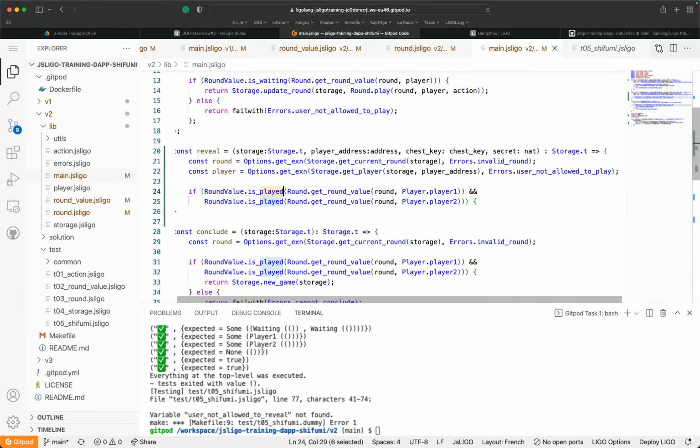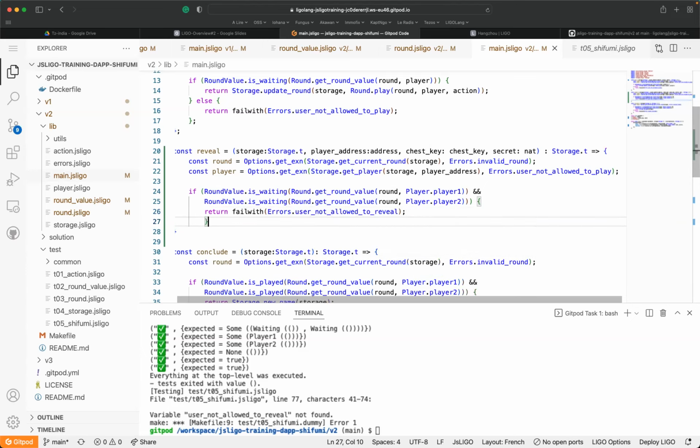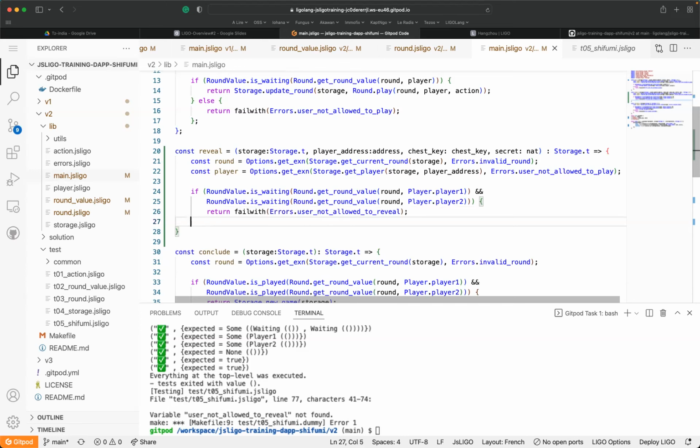Okay. We cannot reveal at all. It's impossible. So here we should throw an error, which says we return a fail with an error. I don't remember the error. The error is user not allowed to reveal. Okay, fine. Okay, so this covers